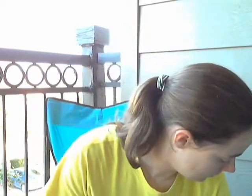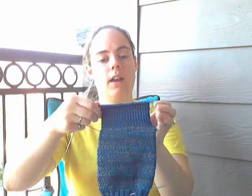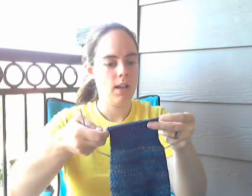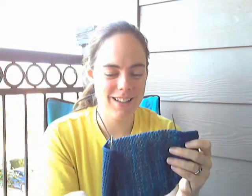The other project I've been working on, which hasn't seen as much work this week, is the socks for my grandpa. I am still working the heel flap. I'm planning on making a 3-inch heel flap, and I am currently at approximately 2. So I still have another inch to go, and I'm doing the normal slip stitch variety. For whatever reason, the needles keep on stabbing out of my knitting bag and getting caught in things, so it seems like I spend an awful lot of time putting it back on the needles instead of knitting on it, but